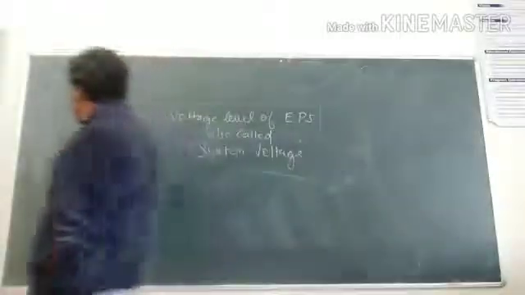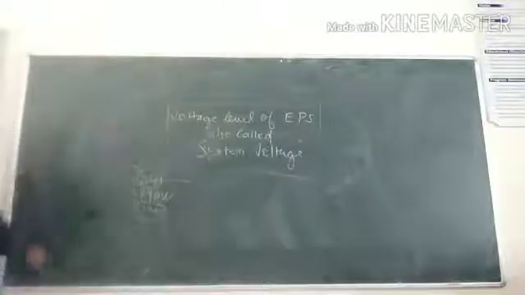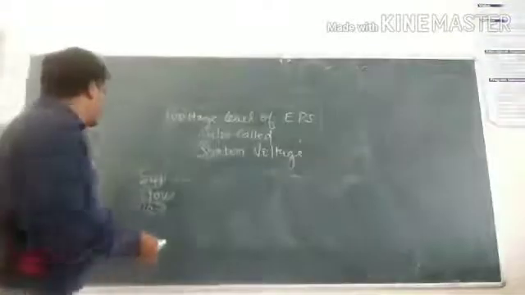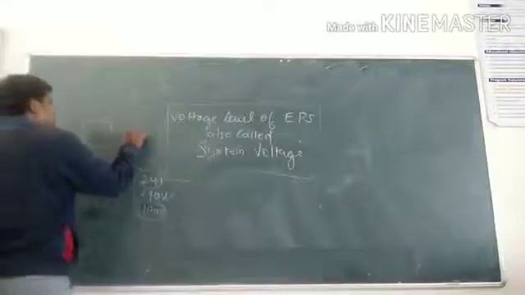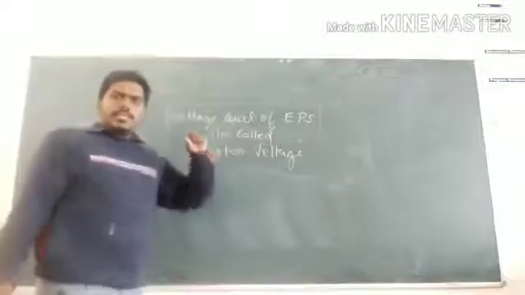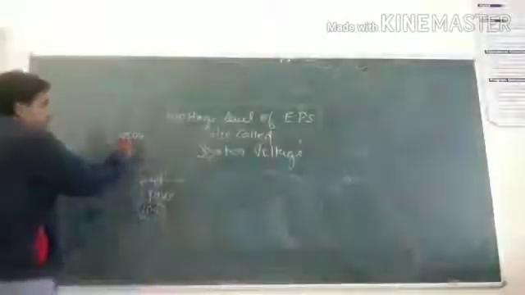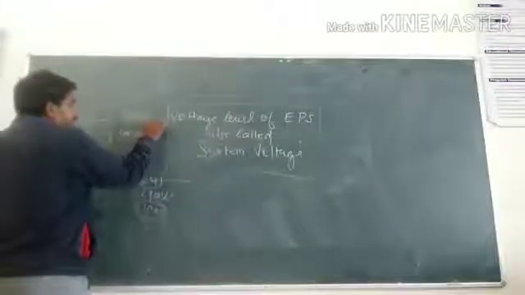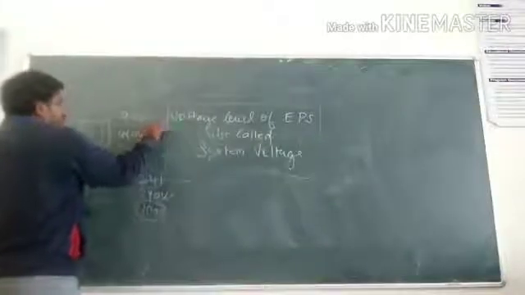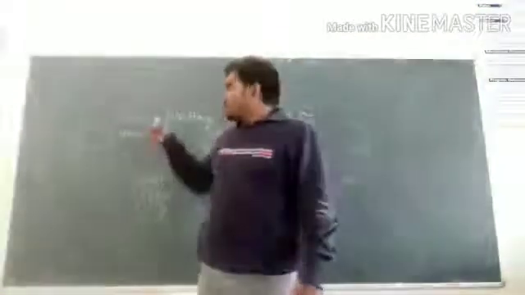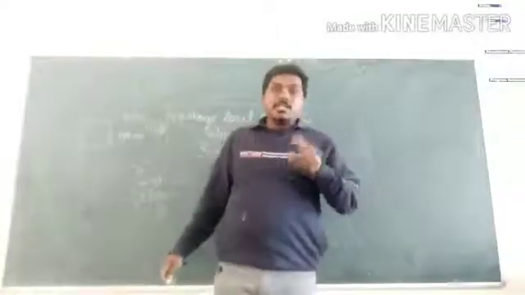Let's suppose I want to design my transformer. So what I do, I take the safety margins. Let's suppose this is my 440 volt transformer, then I just exceed some limit of it. I don't put 440 volt, I put 450 volt. It means I can exceed the voltage here by 10 volt. If, due to any certain condition, my voltage exceeds and can reach up to 10 volt more, then what will happen?